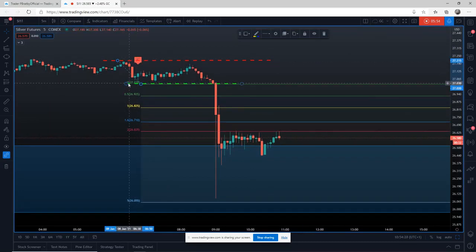That's the entry here at 27,020. The stop's just above the pivot. I've got a risk to reward of over 1 to 2, probably nearly 1 to 3 here into that support zone. So no matter which strategy you're using, the framing of the charts with those linear support and resistance zones